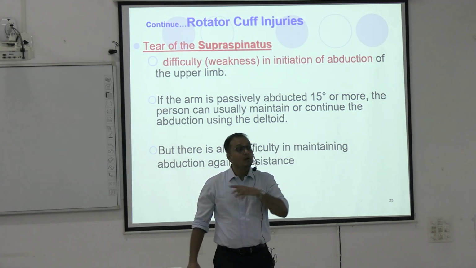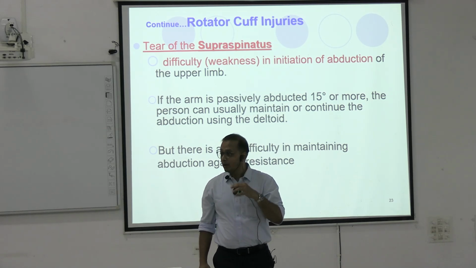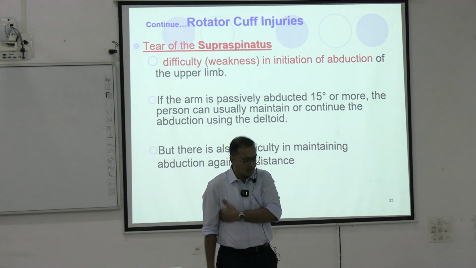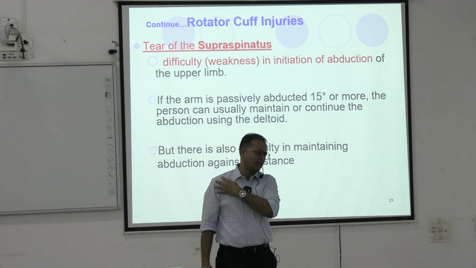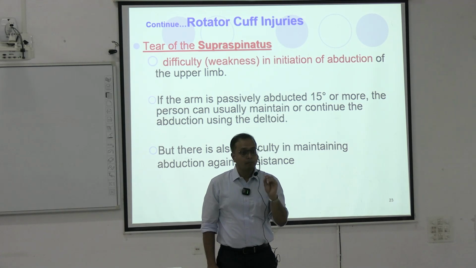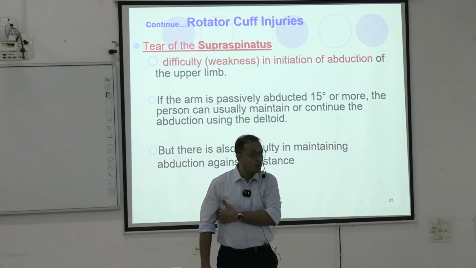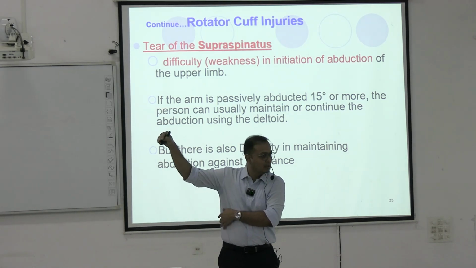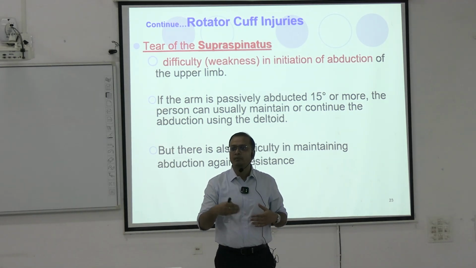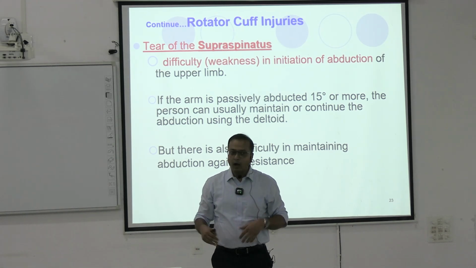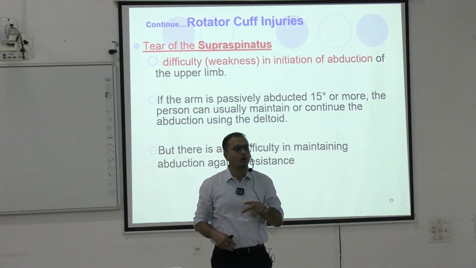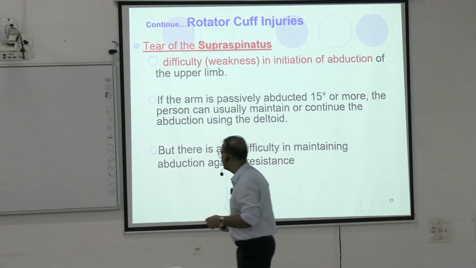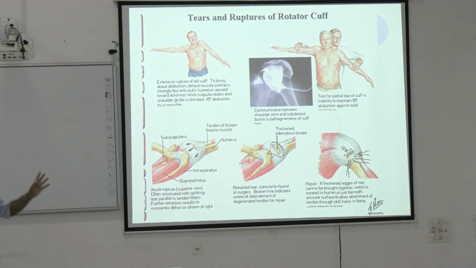সুপ্রাস্পাইনাটাস ইনজুরি হলে আমার এবিডাকশন মুভমেন্ট এরার হবে, পুরো এবিডাকশনটা নয়, শুরুর অফ এবিডাকশন হবে। তার মানে আর্মটা সরাতে গেলে প্রথম পার্ট অফ দ্য 15 ডিগ্রি, 0 ডিগ্রি থেকে 15 ডিগ্রি যেতে ব্যথা, এটা পাচ্ছেই না, তার মানে টেয়ার হয়ে গেছে। পার্শিয়াল টেয়ার হলে একটু পারে, কমপ্লিট টেয়ার হলে পারবেই না, তুমি হাত দিয়ে সরিয়ে দিলে তারপরে বাকিটা সে করে ফেলছে। সো দিস উইল বি দ্য ট্রিগার পয়েন্ট হাউ ইউ আর ডিকোডিং ইট। আদার দ্যান দিস সুপ্রাস্পাইনাটাস, সাবস্ক্যাপুলারিসেরও ইনজুরি হয় ভেরি কমনলি, বাট ঠিক আছে আমরা এইটুকুই জানলাম, বাকিটা তোমাদের ক্লিনিক্যাল স্যাররা পড়াবে। সো দিস ইজ হাউ দে আর কামিং আপ।